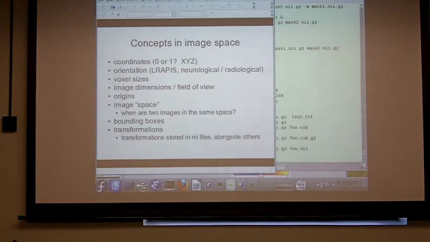What do these transformations do? For the most part, the ones that are stored in NIfTI files are what are called affine transformations, which basically encode a very limited set of transformations that includes rotating, translating the image, flipping it,